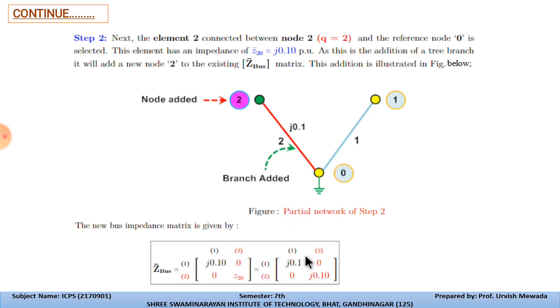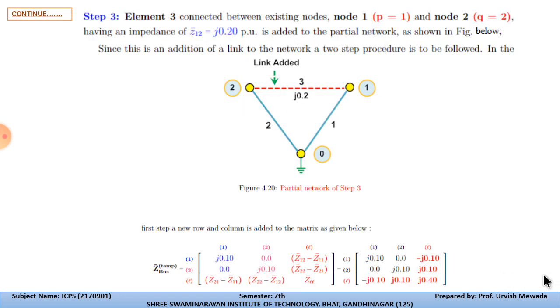Now this will become j0.10, that is Z11 over here, as we indicated in the previous case, and this is Z12, so it is 0, since 1 to 2 there is no link, and Z21 is again 0 because there is no link, and Z22 is 0.10. So this is how we can form the ZBus, because we added the link. Now step number 3,